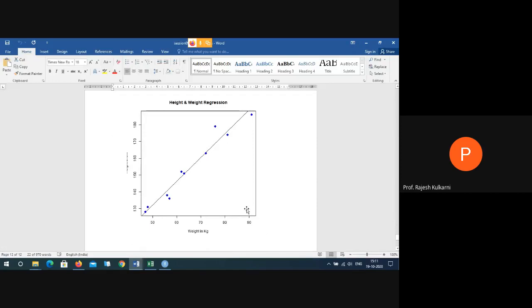Okay, so this was in R. Now let us go for a Python program for linear regression.